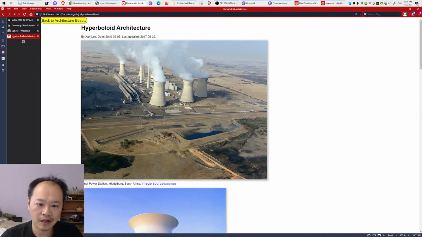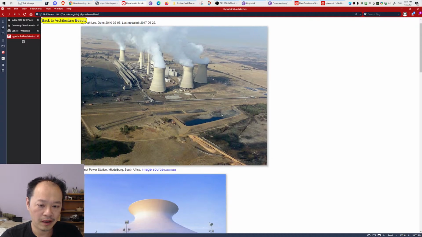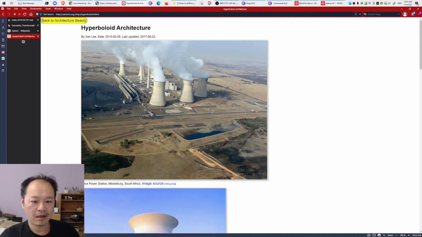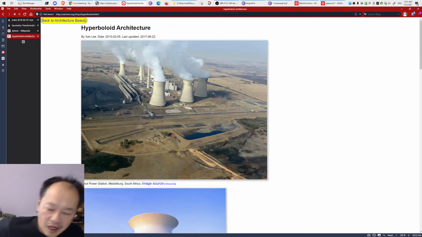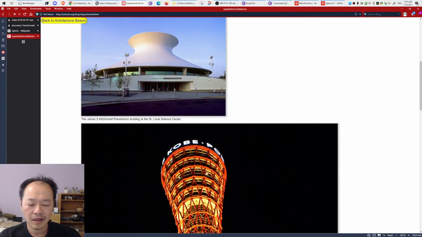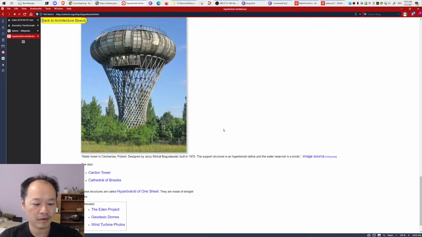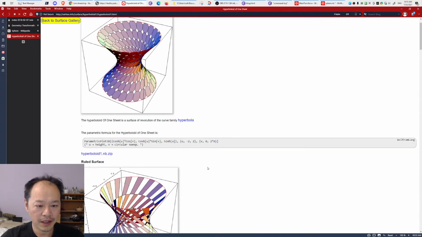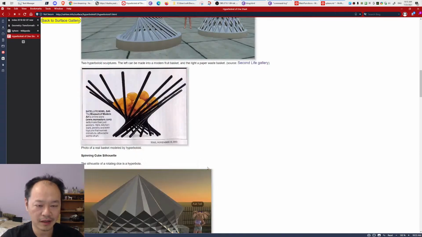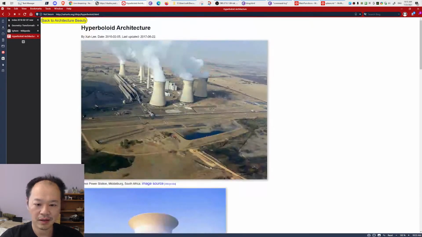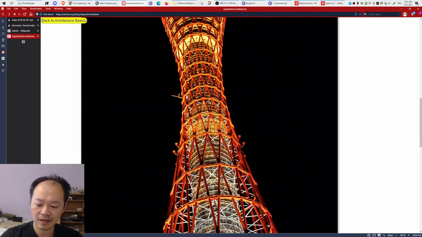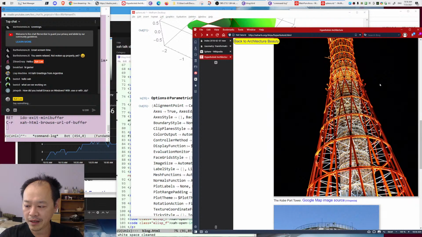So here you can see, what is this, a power station? They are chimneys. Those are not smoke, those are steam. Actually, there's lots of repetition here. So anyway, that's why I want to update my website to make them modern now. And I was hoping to do many of these in JavaScript. Okay, so back to